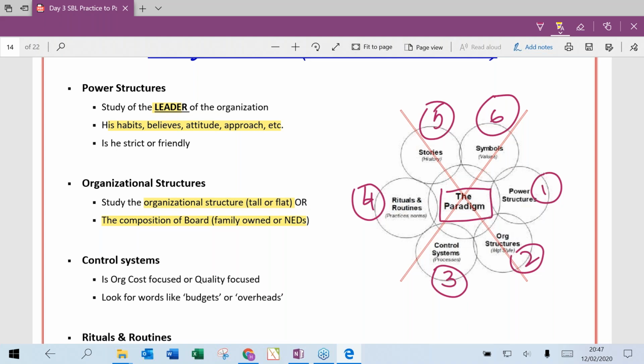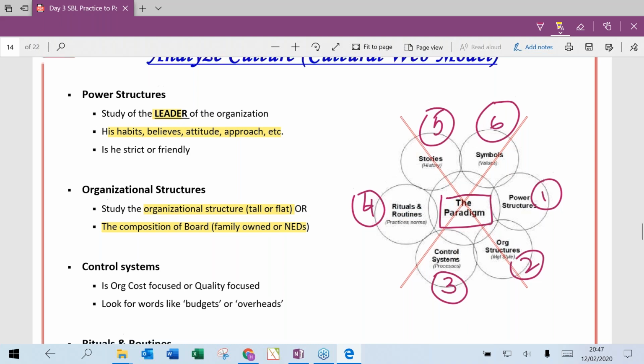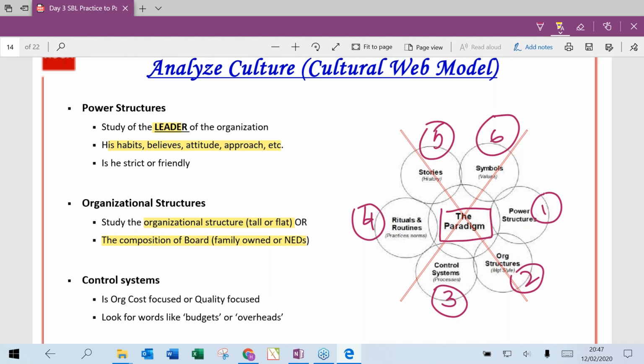That's why I have cut these things. I've just shown you the diagram because I wanted to impress you guys. No, I showed you because it might be easier for you to visualize. But the reason I've crossed it out is you are not supposed to draw this diagram. We will just use the headings of power structure, organizational structure,